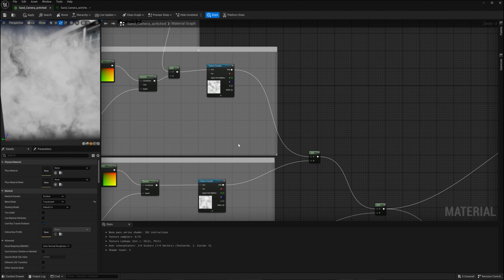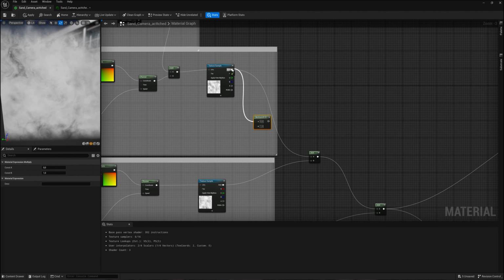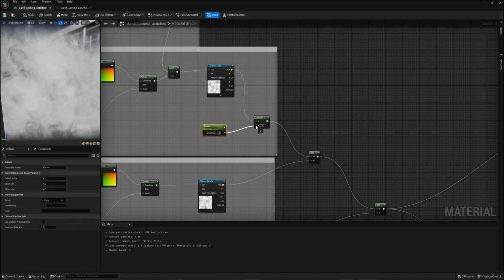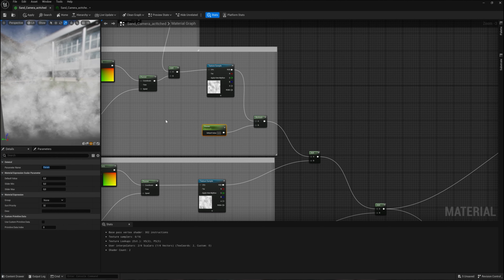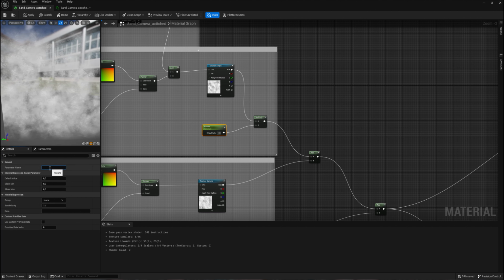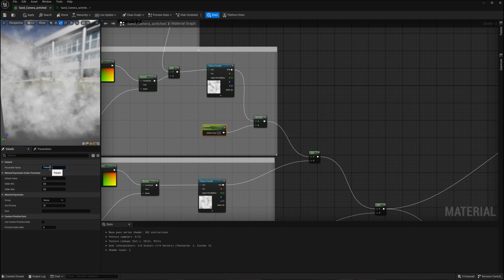This is how I would control it. So if you do a multiply with a scalar, and you call this texture 1 underscore opacity,